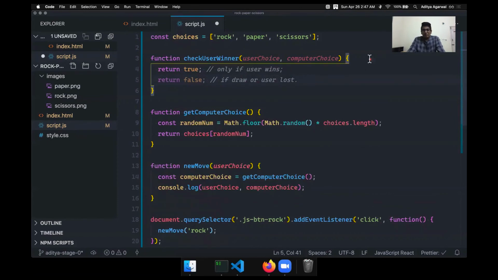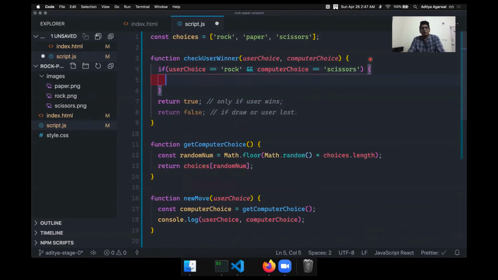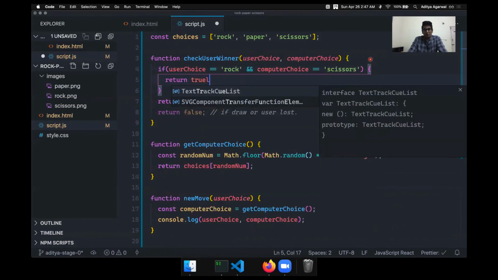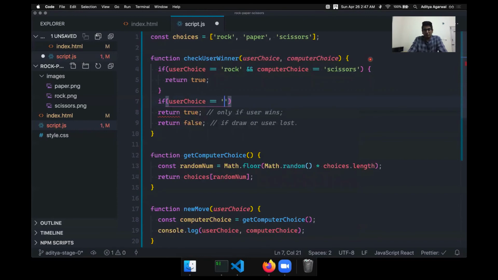So let's implement this. So we know that if user choice is rock and computer choice is scissors, then we win. So I can return true. If user choice is scissors and computer choice is paper, then also we win.